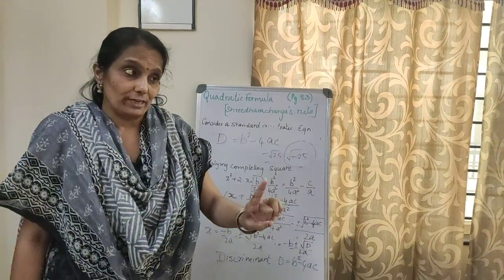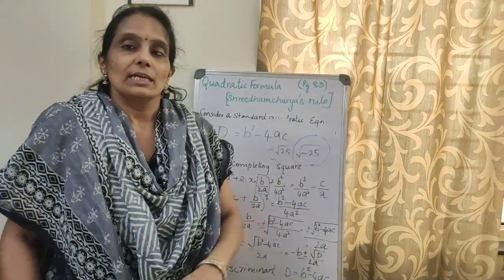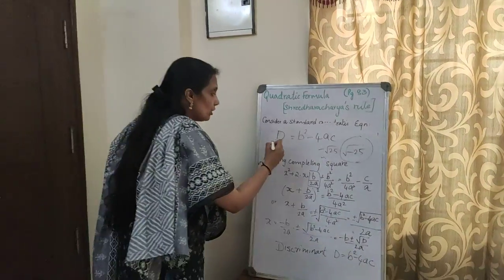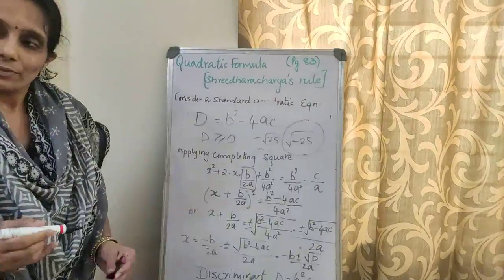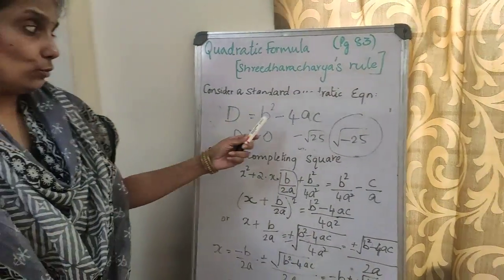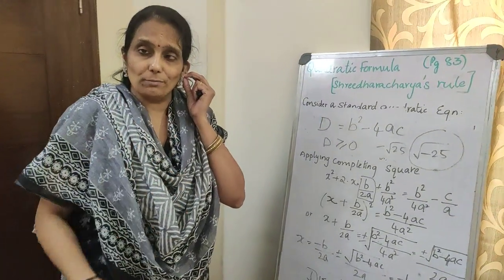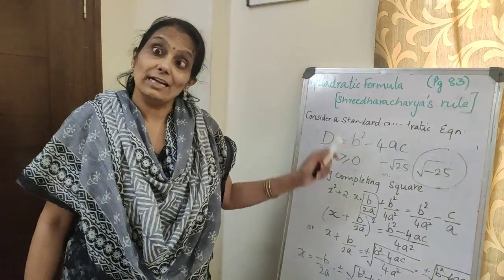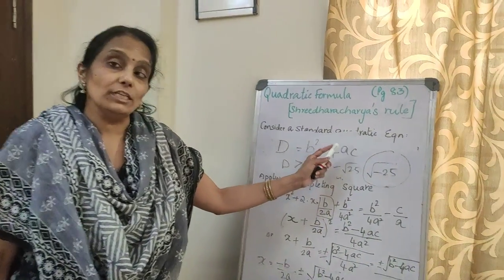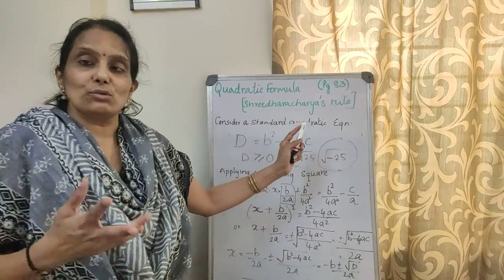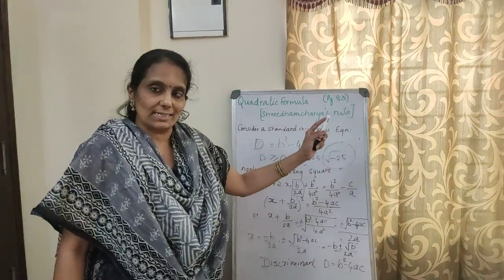So remember this point that only when the discriminant is greater than or equal to 0, you get real roots. Yes, means if the value of b square minus 4ac is a positive number or a 0, then you have real roots for the quadratic equation. If you have a negative value inside the square root, you say no real roots. They are imaginary, which you learn in your higher classes.